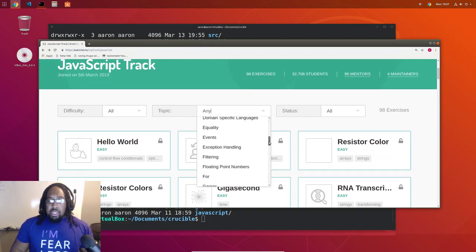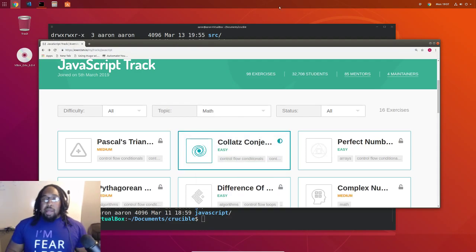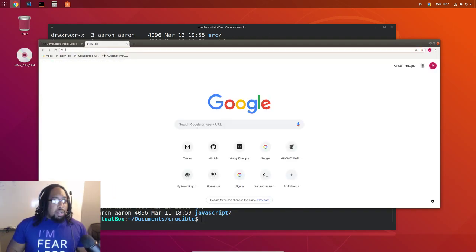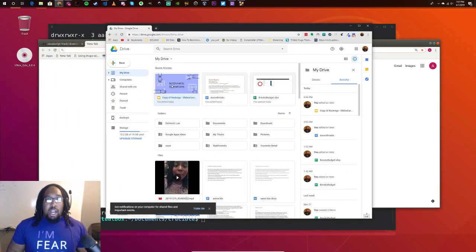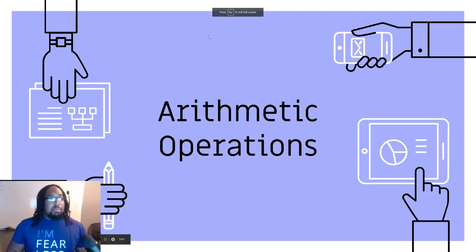I went into the math ones to see how difficult they were. I don't want to teach you any math problems, but actually we'll go into that second. Let me log in. Let's show you this first. I put together a super short slideshow, very simple. I didn't really need to do it, to be honest, but thought it might be easier on the visuals a